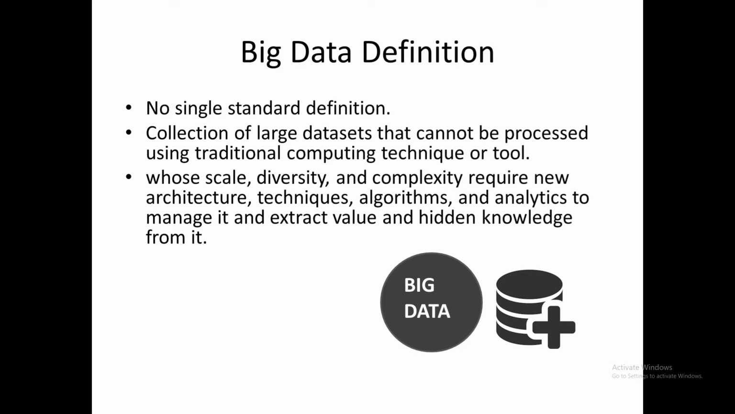The other thing is that it has a scale, diversity and complexity that require new architectures, techniques, algorithms and analytics to manage it and extract the value and hidden knowledge from it. This kind of data cannot be processed with the traditional architecture because of its scale, diversity and complexity. So it needs different kinds of algorithms or a new architecture. We can call this kind of data